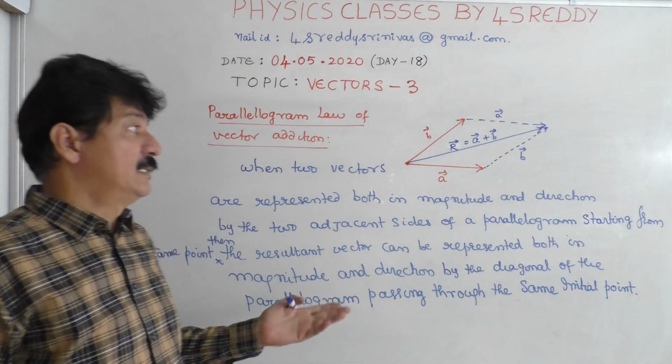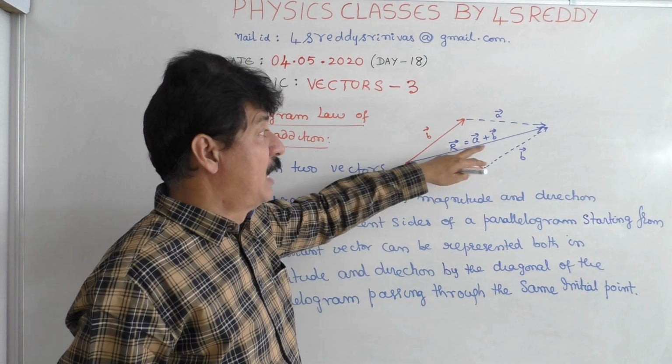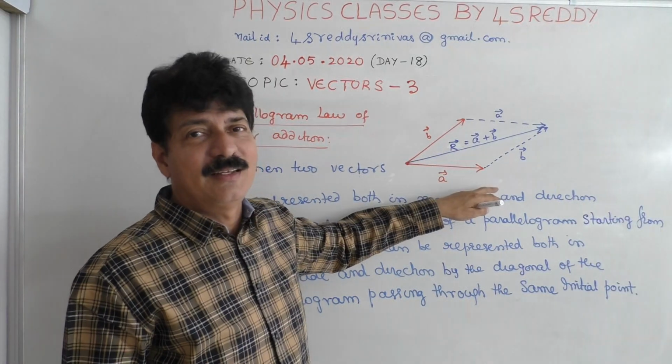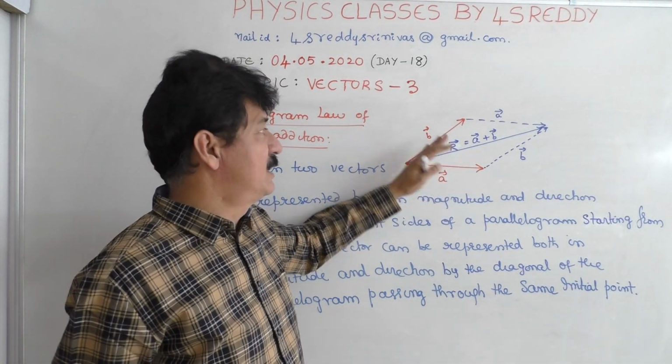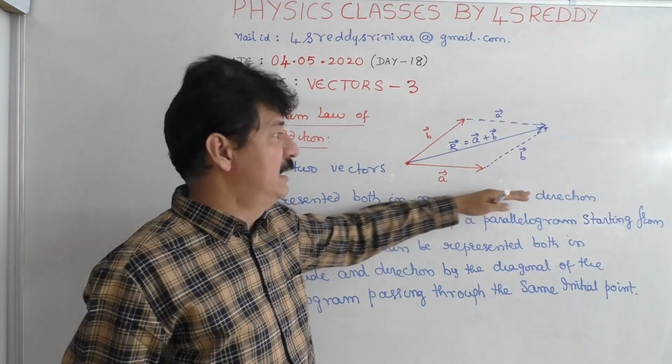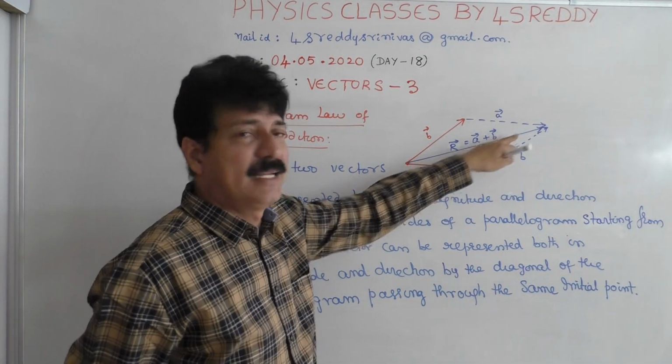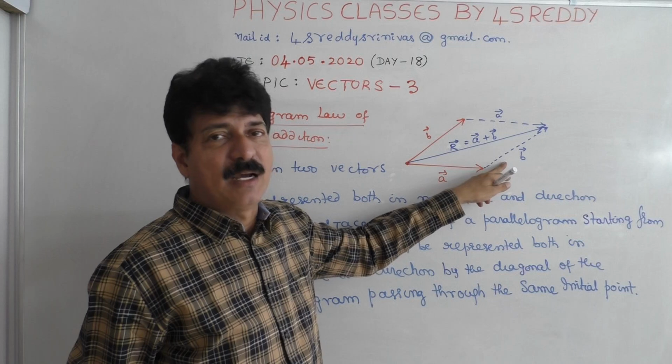So you got the result. But still, here also, ultimately we are using triangular vector addition only, because when you take equal vectors on either side, again this forms a triangle and these two are taken in the same order. So